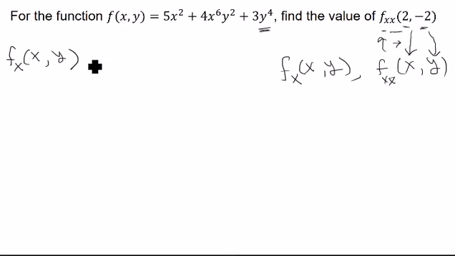Well, in this case, we're differentiating this function with respect to x, which means the variable y will stay constant. The first term, 5x to the 2, will become 5 times 2, which is a 10, and x to the power 2 minus 1, which is x to the power 1, which means x, using the power rule,